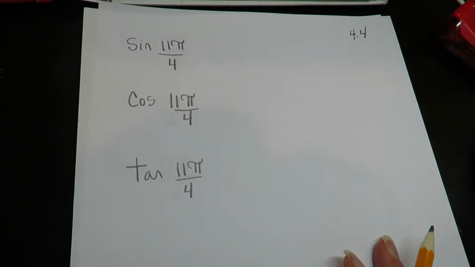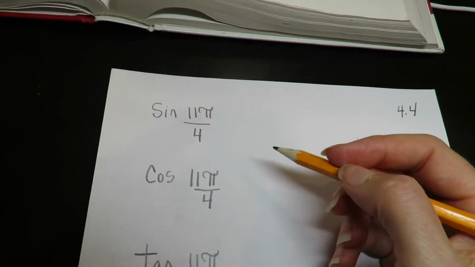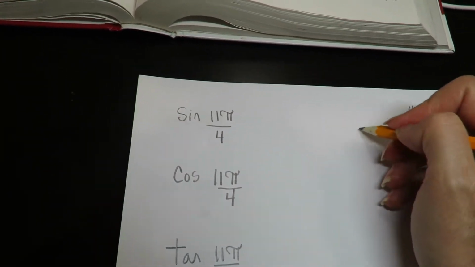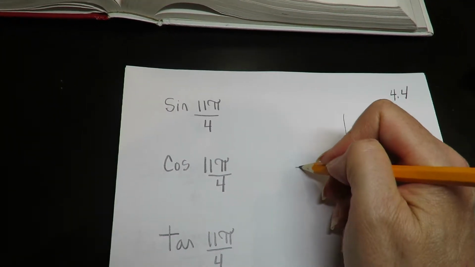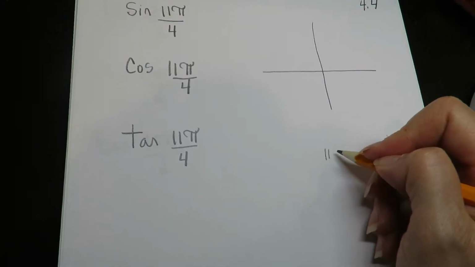Okay, pre-calc, I'll go through some more examples using the reference angle with you. So first of all, our angle, we want to find the sine, cosine, and tangent of 11 pi over 4. So let's first draw that. Now 11 pi over 4,